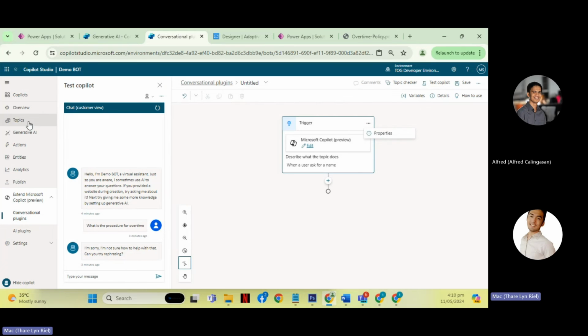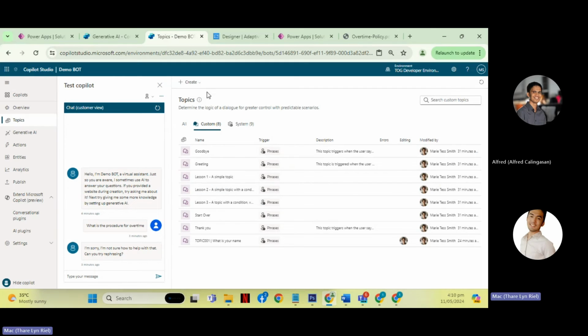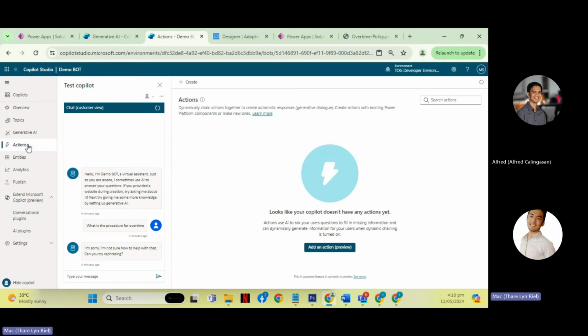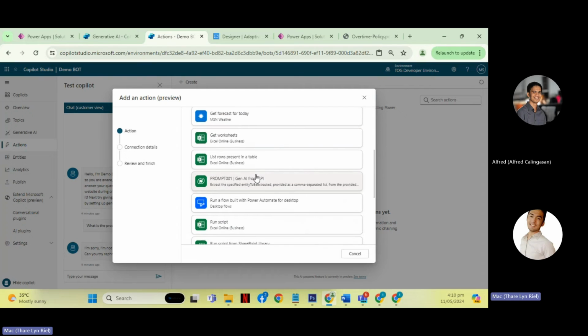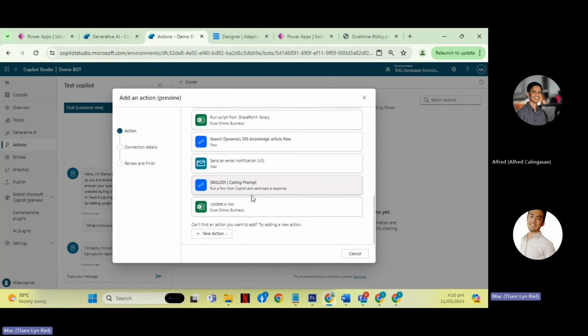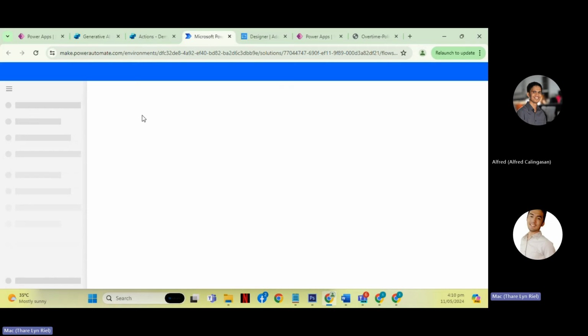So in Copilot Studio, you can also create your own actions. For actions, there is an out-of-the-box connector that you can use, or you can add one yourself using Power Automate.